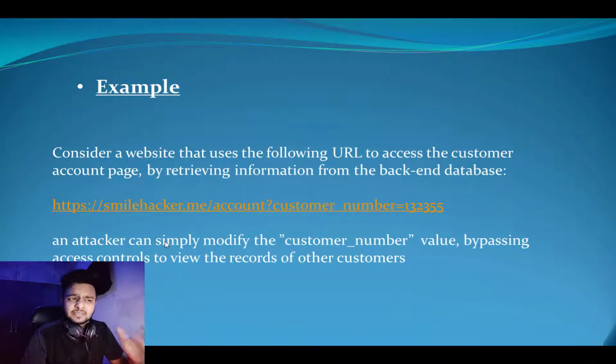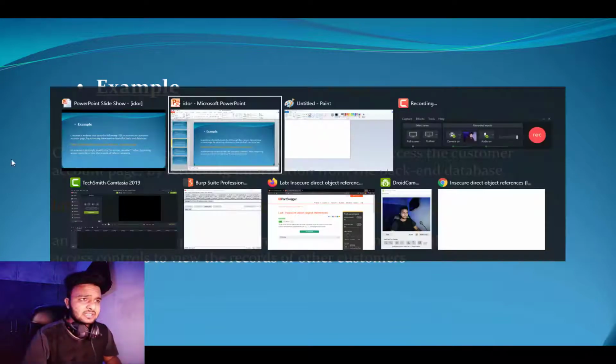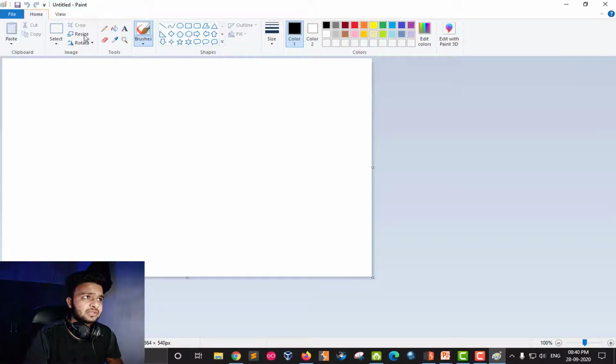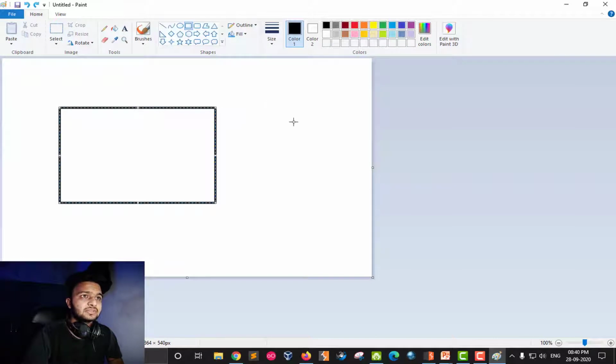An attacker can simply modify the customer number value, bypassing the access control, and view the records of other customers. This is what I'm trying to say here. Suppose this is the website and this is the database.